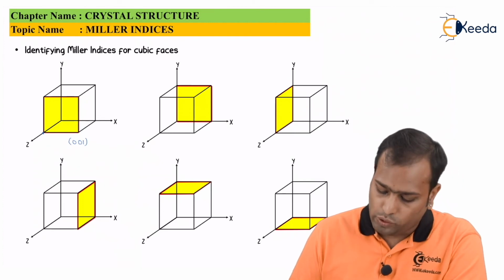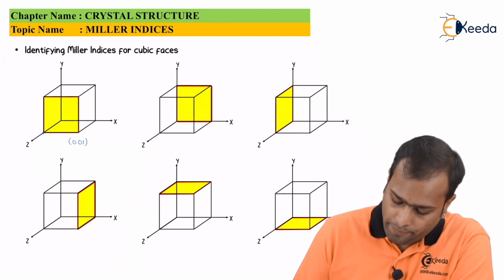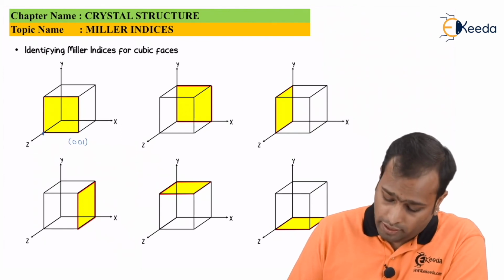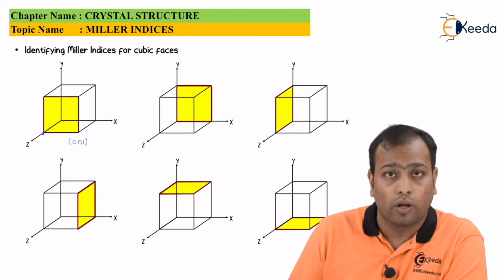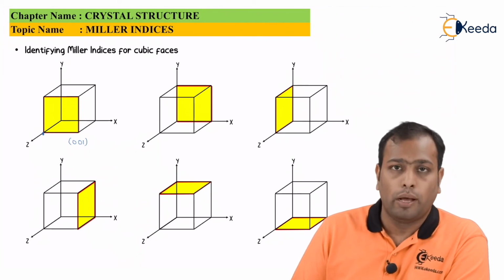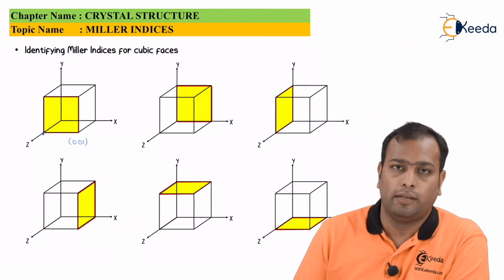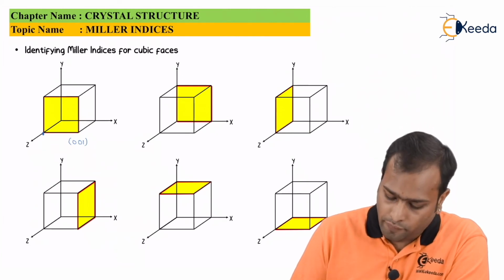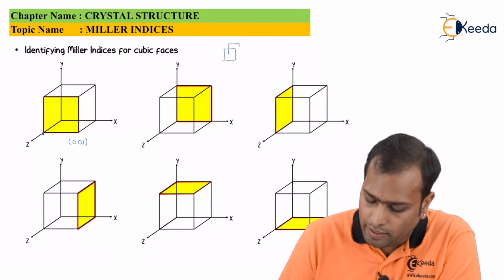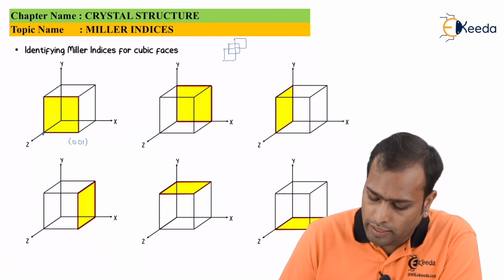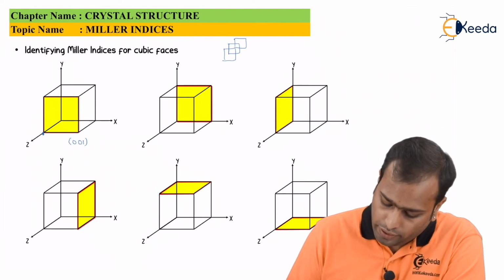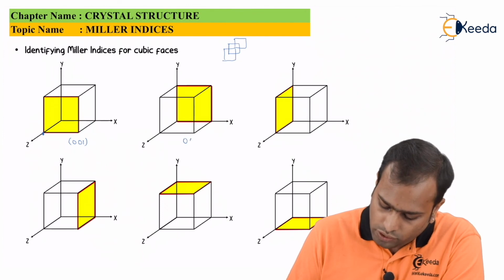Now, if you try to solve this, you would come up with, okay, if this is touching here at 1 unit on the z-axis, here it was cutting at 0 on the z-axis. Well, no. The reason is, as you know, planes parallel to each other can be shifted here and there. For example, if I have a plane here, it can be moved parallel to here, it can be moved parallel to here. It does not change the Miller directional coordinates. So for here, again it is 0, 0, 1.